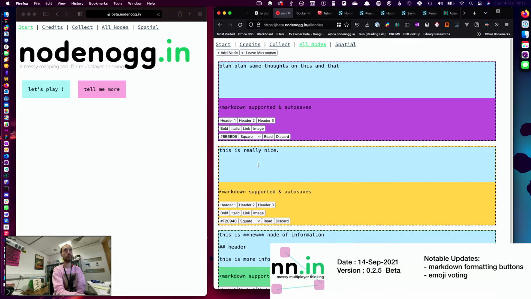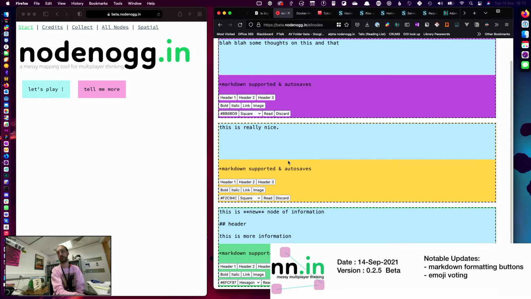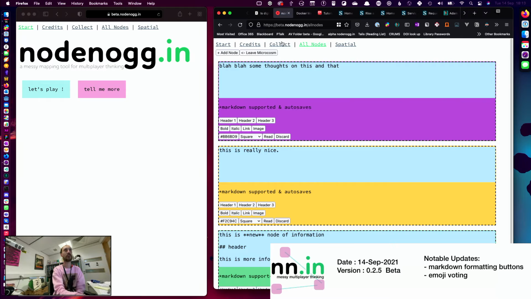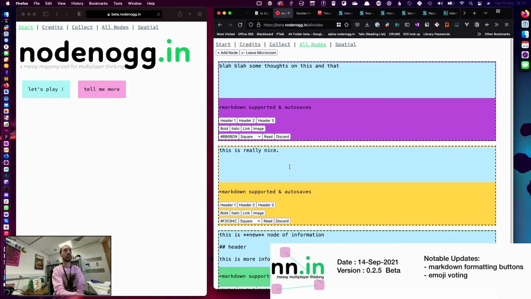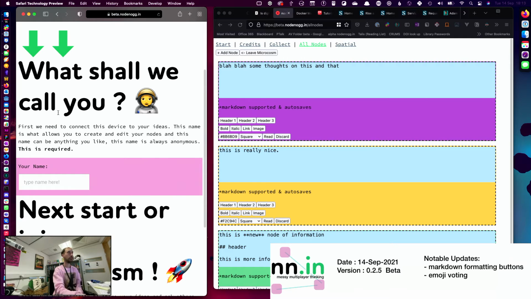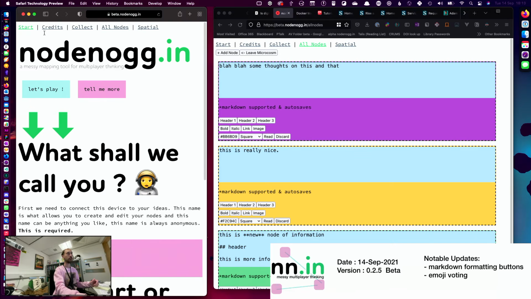If we pop to all nodes, you'll see it doesn't look much different to the collect view. Well, that's right, because at the moment there are no other nodes in the collect view. However, if I join with my Safari browser, now I'm using Safari Technology Preview,